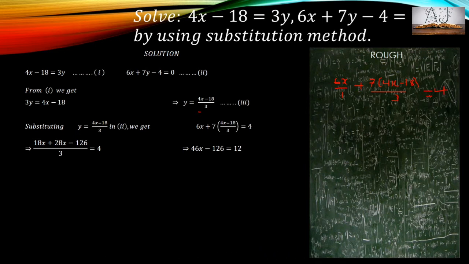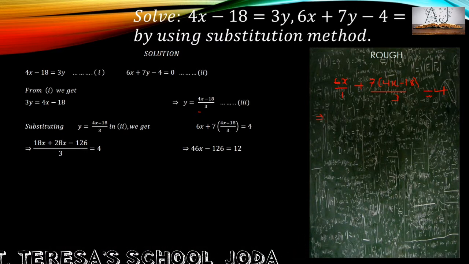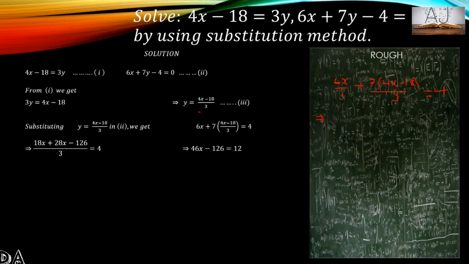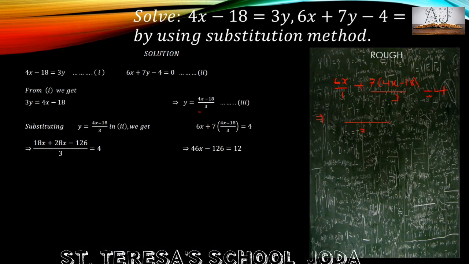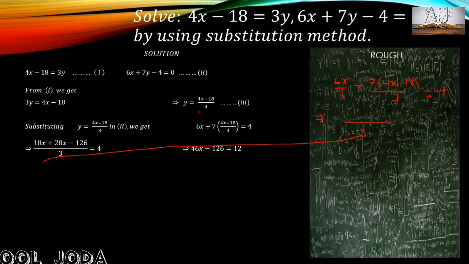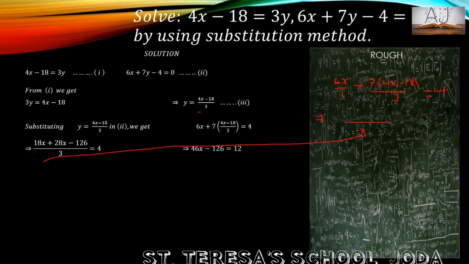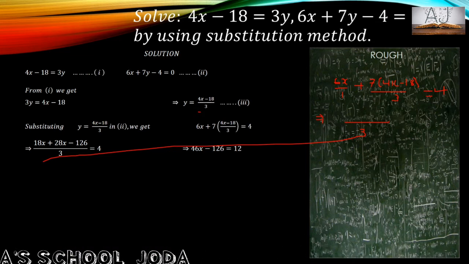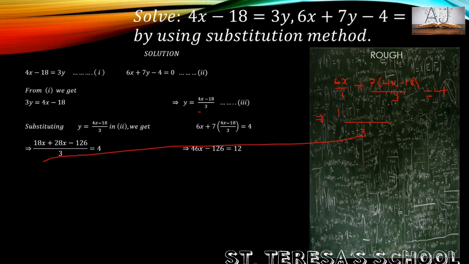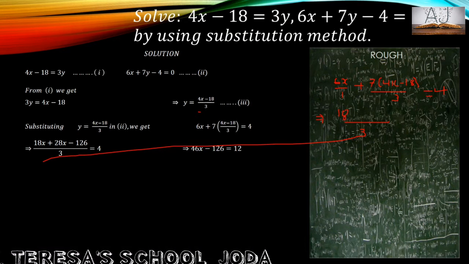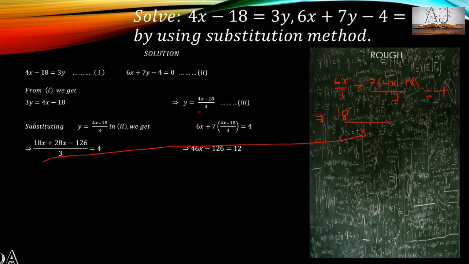After finding the LCM only, we will be able to simplify it. So LCM of 1 and 3 is 3. Now you know how we do this? Divide 3 by 1, so we get 3. So multiply 3 and 6. What do you get? That LCM I have written as 3, no? So we get 18x, isn't it? 3 divided by 1 is 3, into 6 is 18x.